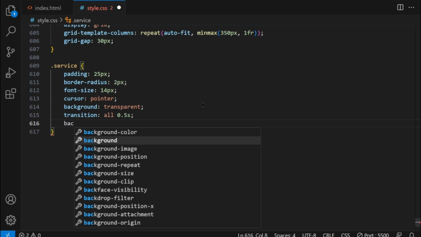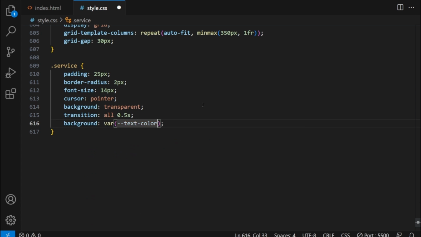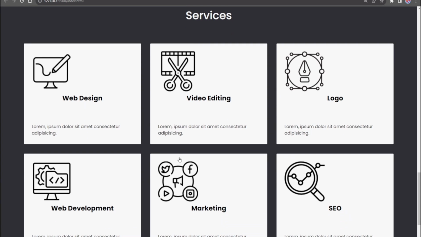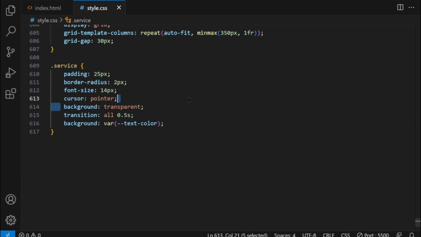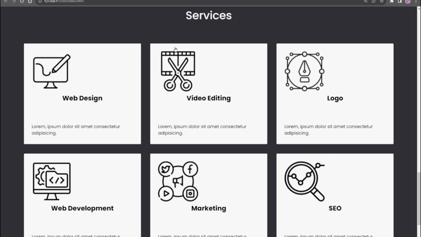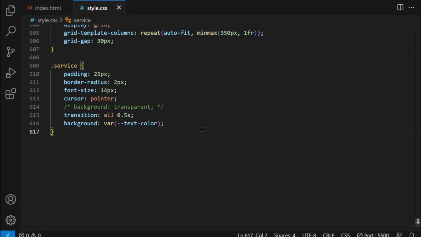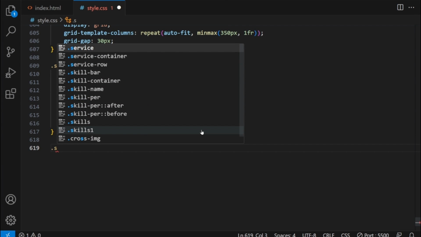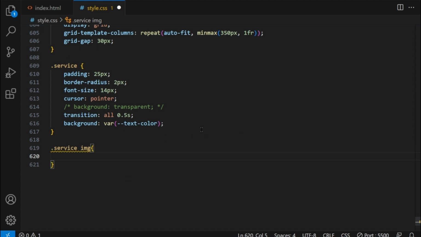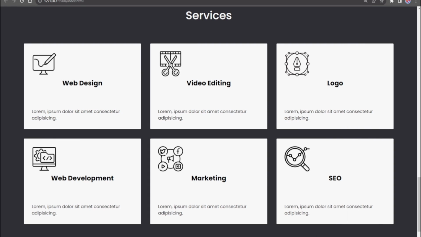Change the background color of each service box to white. Let's comment out the background transparent. It will not affect the result. You can notice that the image size is too large. No problem. In the service class, target the img tag and set its width to 80 px. This should make the